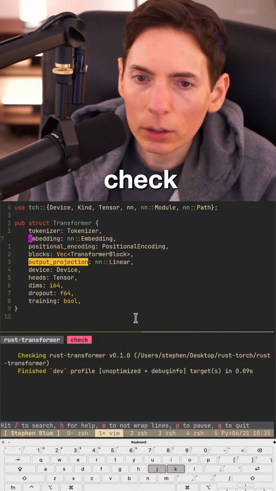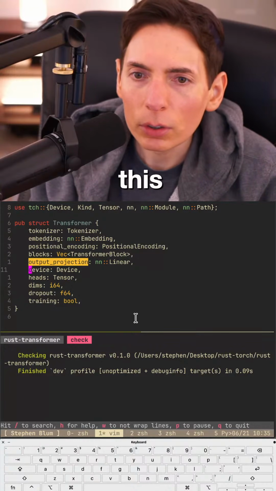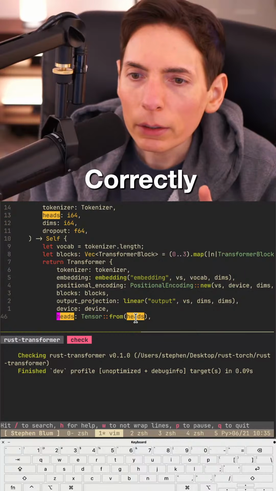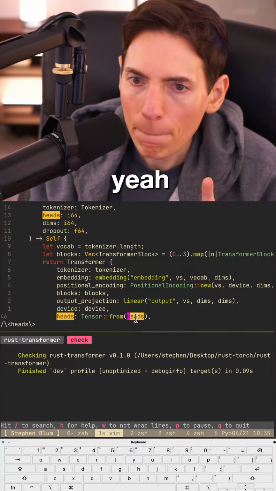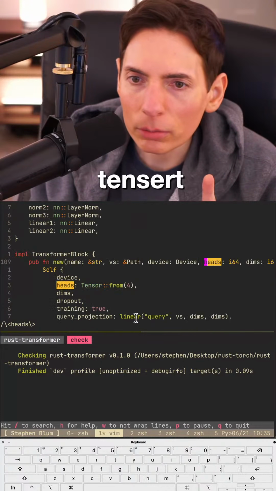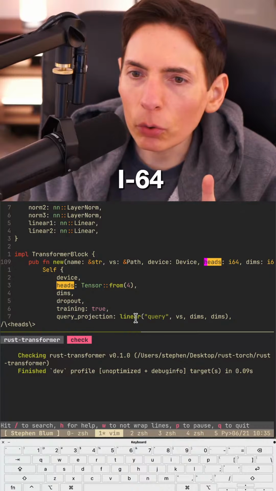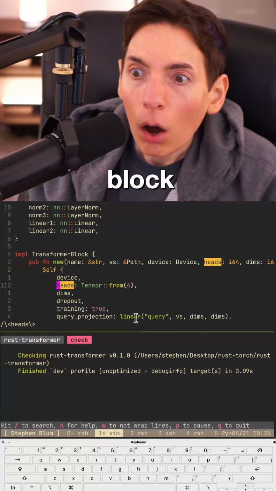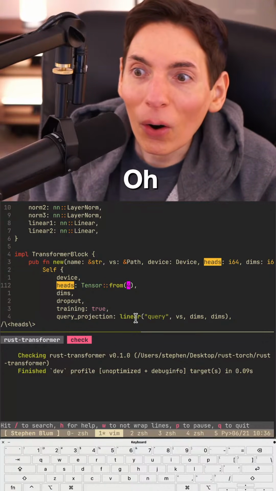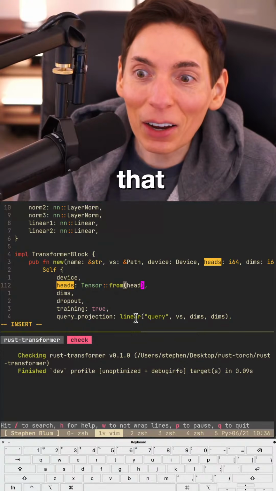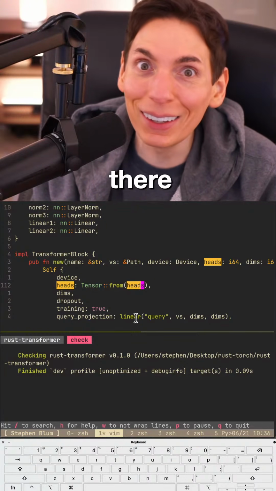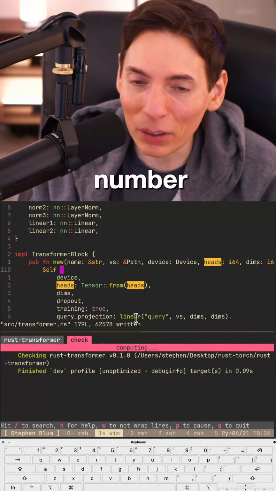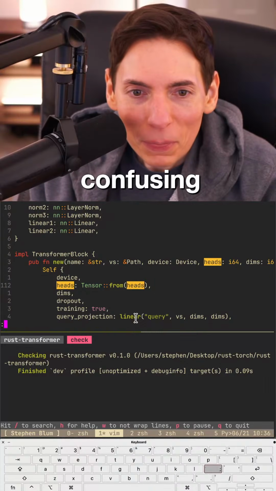Double check that we are using this correctly. Yep. Tensor, heads, i64, the transformer block. Oh, whoopsie doodles. All right, that could have been a problem right there. Good thing we made the same number. It would have been confusing.